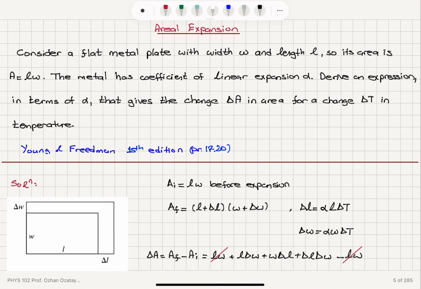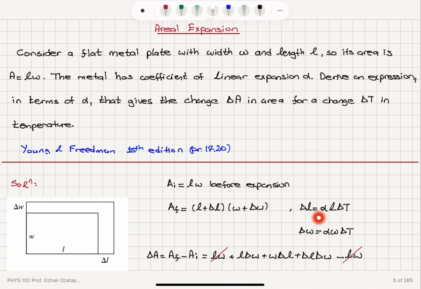Okay, so to summarize, we have a flat metal plate with original width W and length L, and it goes through a thermal expansion. The length increases to L plus delta L, width increases to W plus delta W. Knowing that alpha is the coefficient of linear expansion, what is the change in the area for a change delta T given in terms of alpha? So we have noted the final area is L plus delta L times W plus delta W. Subtract the initial area from the final area to obtain delta A, and wherever we see delta W and delta L, we put the